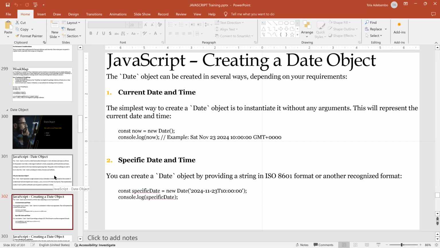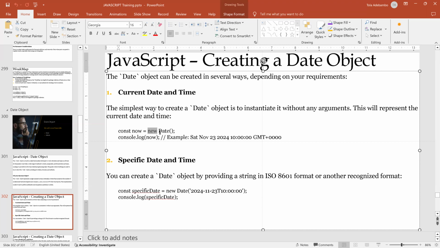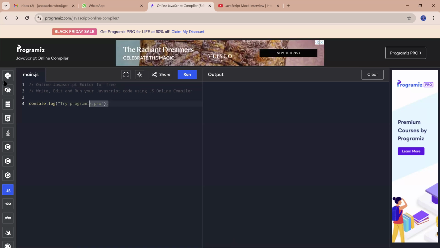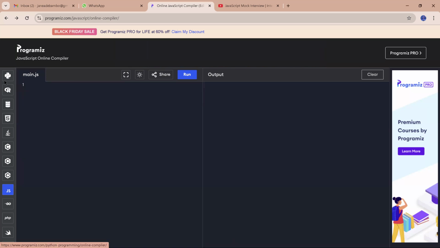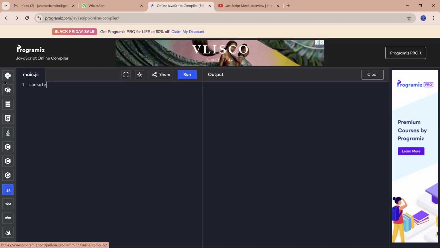So how do we create a date? We create a date using the new keyword and the Date class. So this returns an object, a date object. Now, what is inside that date object called now is the current date. If I go to the browser here and I say console.log new Date,